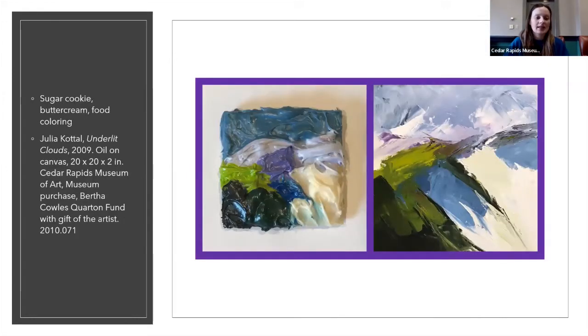This is Underlit Clouds by Julia Catal. I chose this piece because Julia's piece is very nicely done, but when I was walking by it one day after this project started, I looked at it in a different light and thought that looks like frosting. Hers is very smooth, and it also has a lot of layers to it. It's a complex piece, but for this project it worked very well